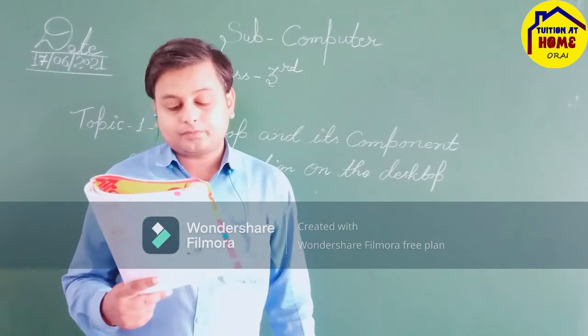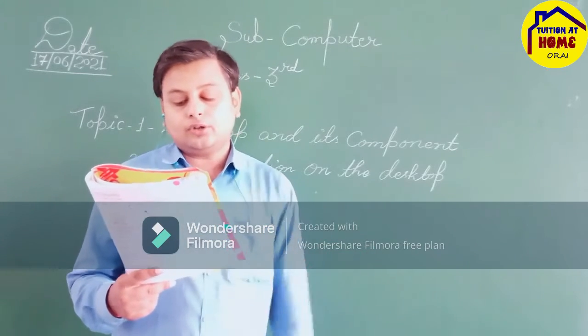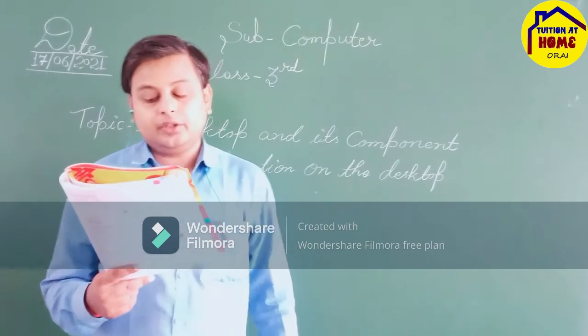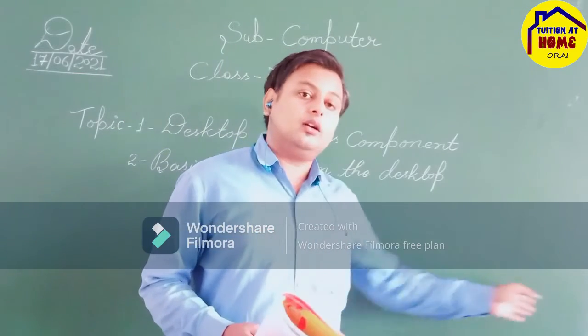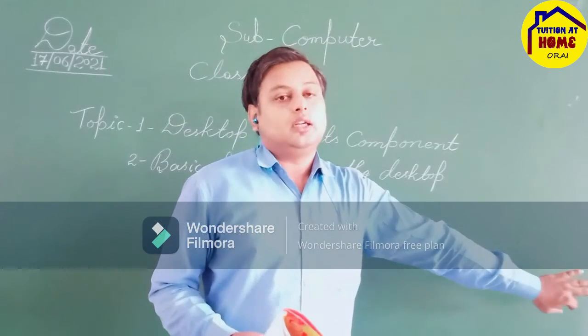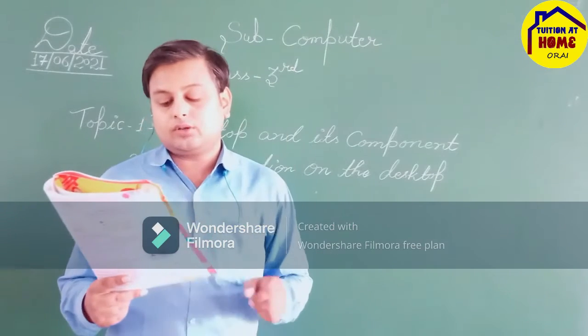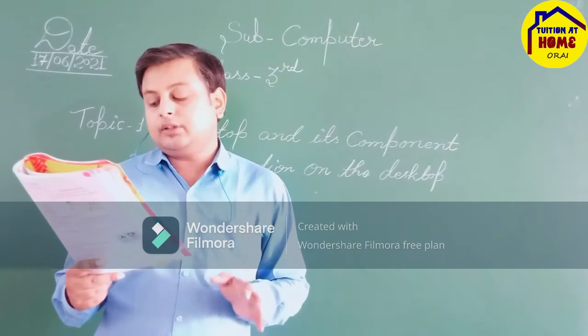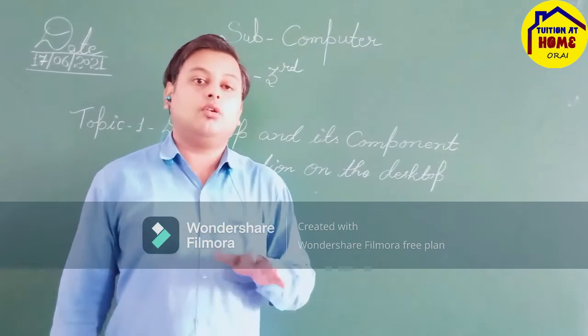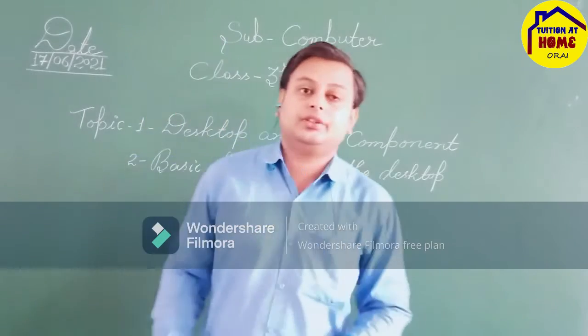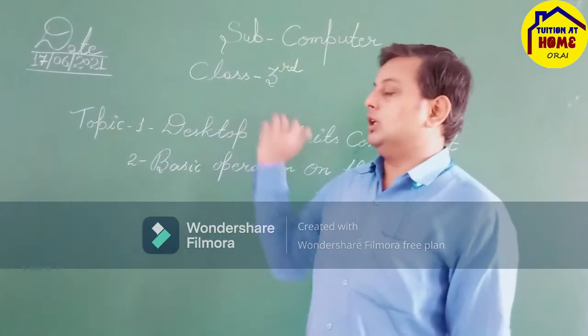Okay. Now the show desktop button is present on the extreme end, the last of the taskbar. At the last of the taskbar there is a small button called the show desktop button, which when you click on it will minimize all the opening software or applications which are running over the window.